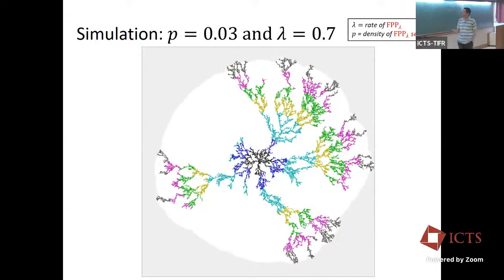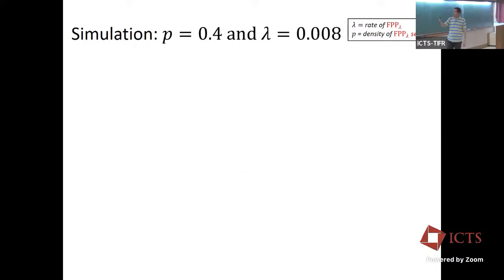So these dependencies are super strong, and this is manifested well in this picture. Let me try to show you the opposite behavior. I'm going to take now lambda super small, and P will be quite large, actually. Let me show you what happens if P is very large, and even though 0.4 doesn't look very